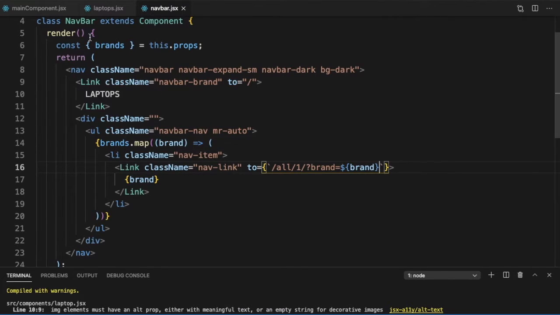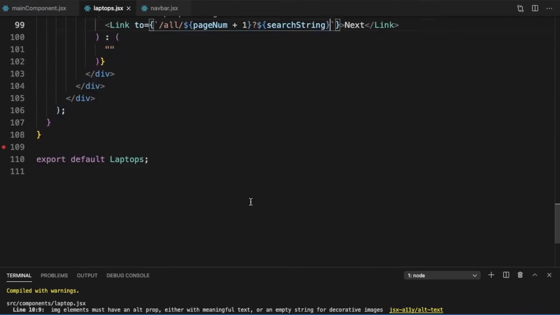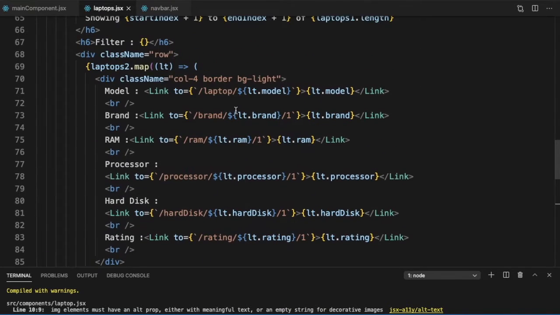if we go to our laptops and the links we show here. So now in the laptops for brand, it should be not slash brand, it is slash all slash one question mark brand is equal to all of brand, and the pagination here goes away.